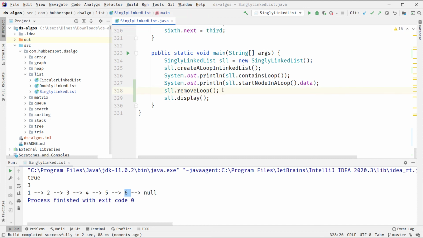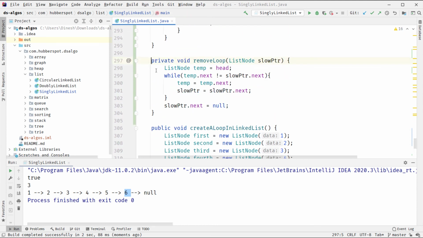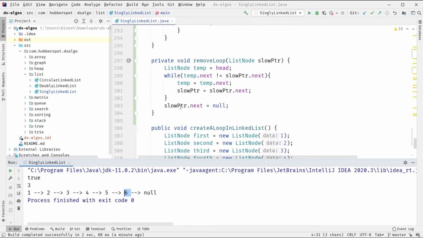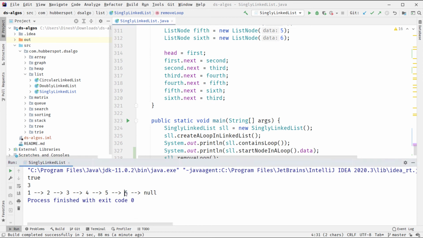But when we called the remove loop method, the loop was removed, and when we printed the singly linked list on the console, this step made the 6th next null instead of pointing to 3. So it simply removed the cycle from the singly linked list, and it printed it on the console, where the last node was now 6 pointing to null.